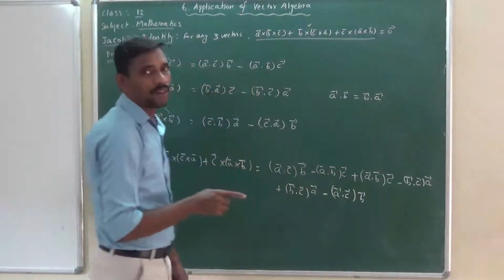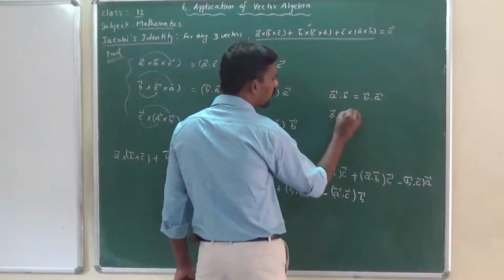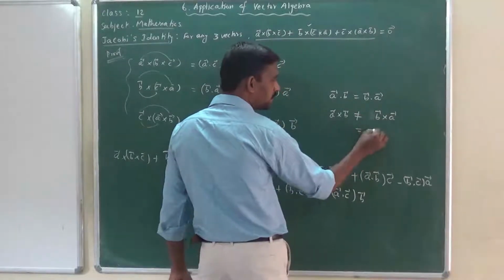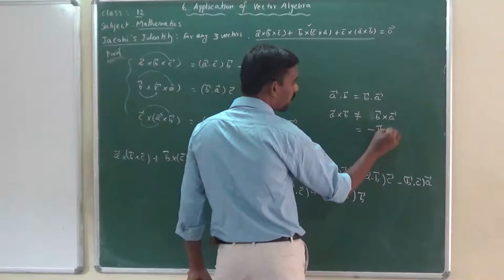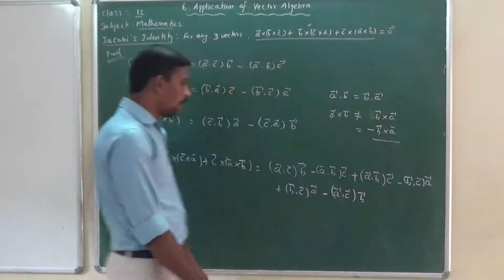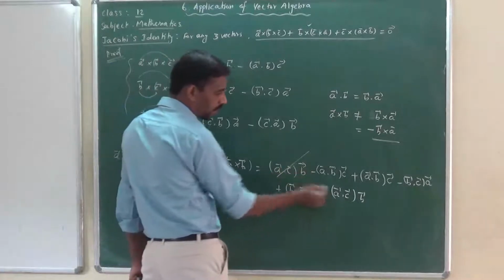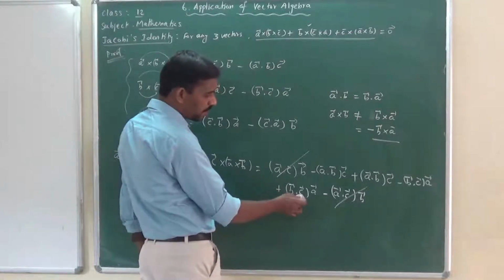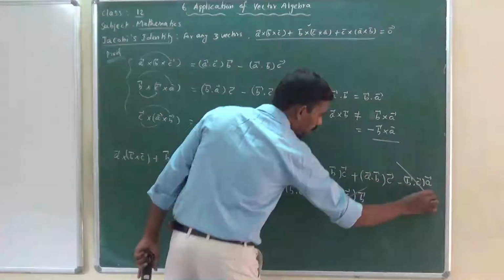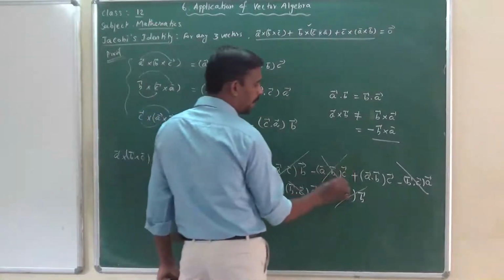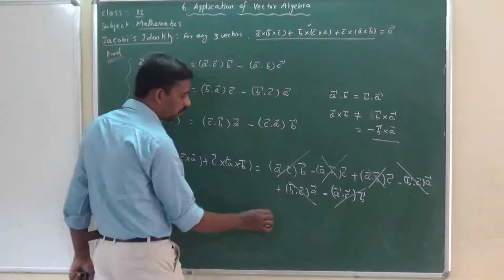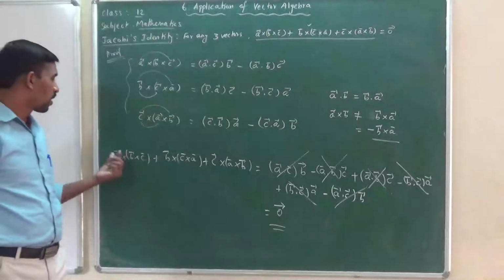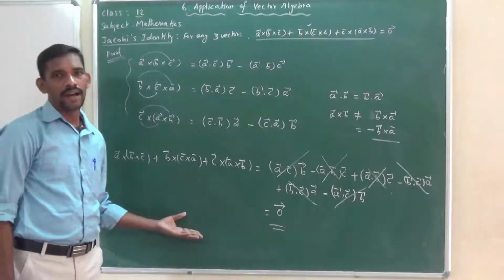In the dot product both are equal, but in the cross product a vector cross b vector is not equal to b vector cross a vector. If you want them to be equal, then change the symbol to minus, so b vector cross a vector, so it will be equal. Now plus a vector dot c vector into b vector minus a vector dot c vector into b vector, both are cancelled. Here b vector dot c vector into a vector, this one and finally this one, will be cancelled, and minus a dot b plus a dot b will be cancelled. So all the terms are 0. So this is nothing but the 0 vector. So this is nothing but Jacobi's identity.